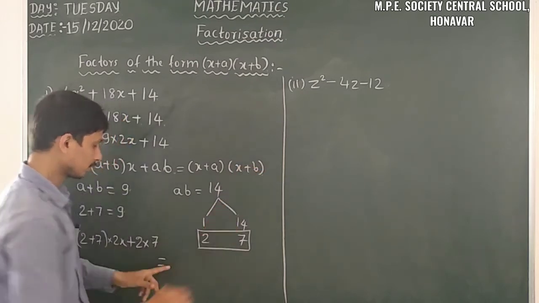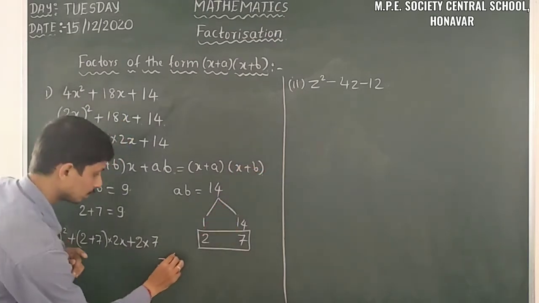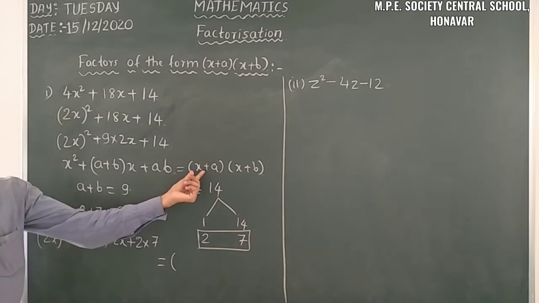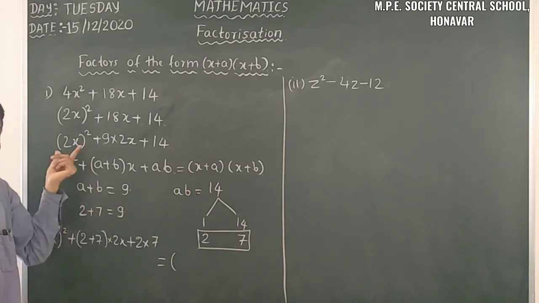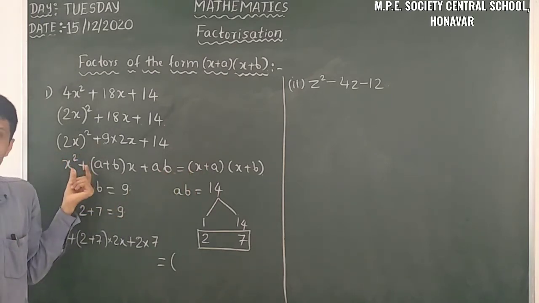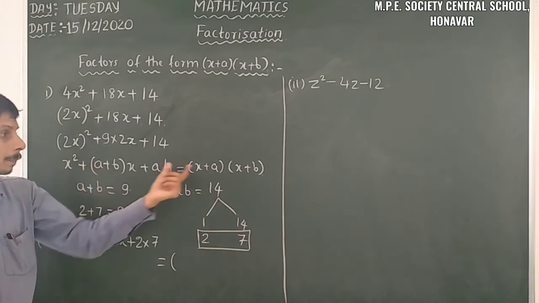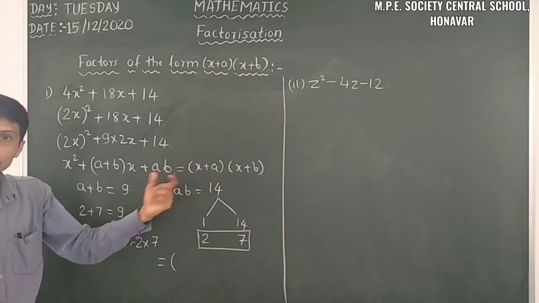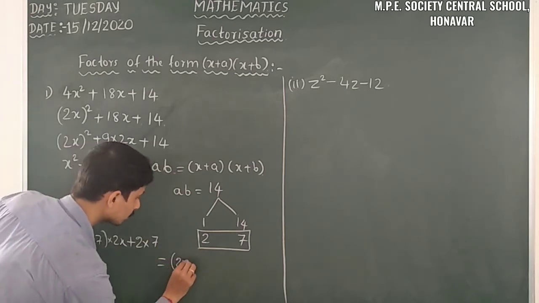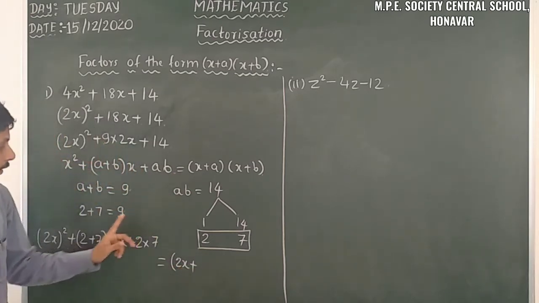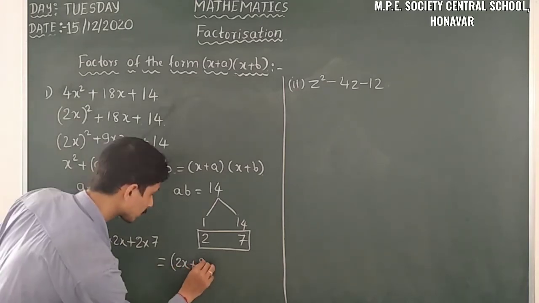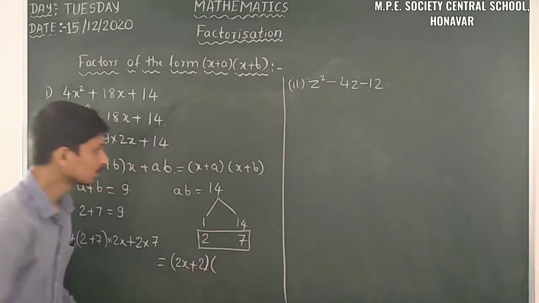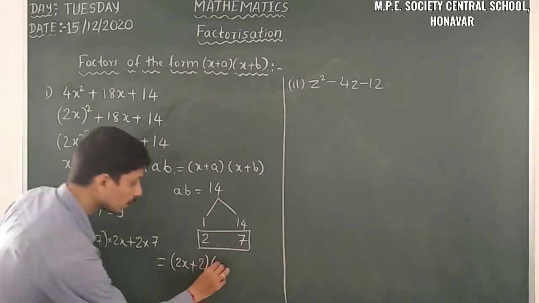So that's why we can write, yes, what's the value of x here? The value of x is 2x. Don't neglect this one. It's not only the value of x, so here we have to insert the value 2x. In place of x we have to write 2x, plus what's the value of a here? The value of a is 2. So 2x plus 2. And what's the value of x here?